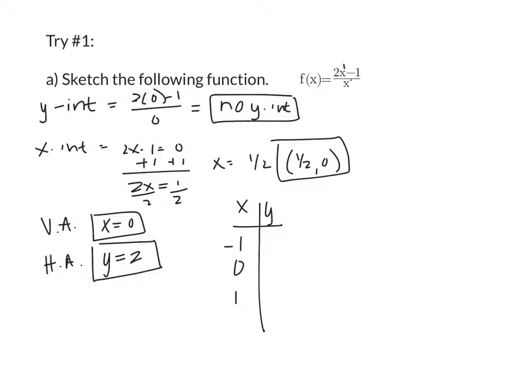So if I sub in -1 into that function, that'd be 2 times -1 minus 1 over -1, which is -2 minus 1 over -1, which is just going to give us -3. Sorry, +3. If I sub in 0, we already know what happens there. It is undefined, and we knew that because it's the vertical asymptote. If I sub in 1, that'd be 2 minus 1 over 1. So 2 minus 1 is 1, divided by 1 is also 1. So if I try to graph this function,